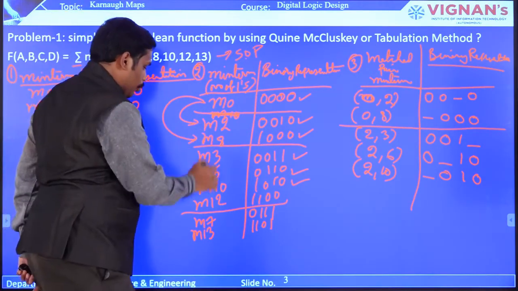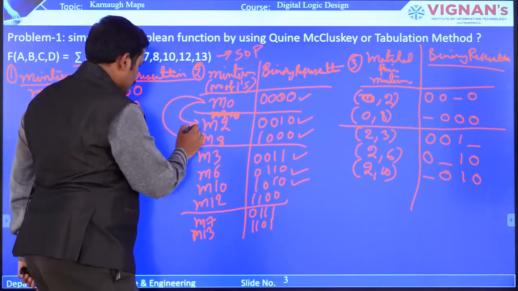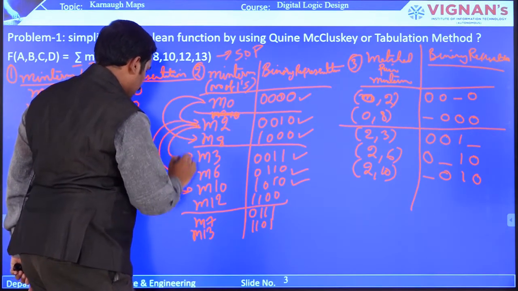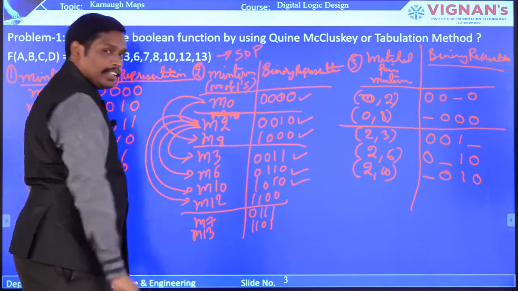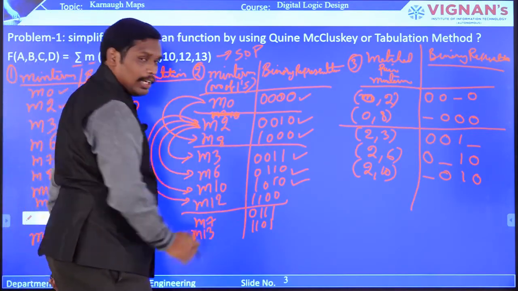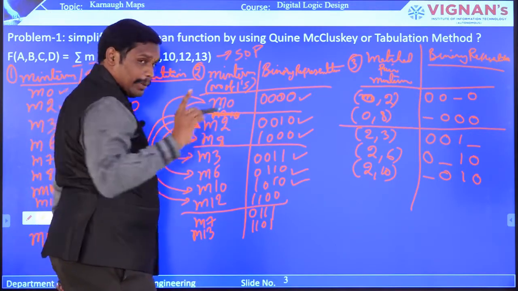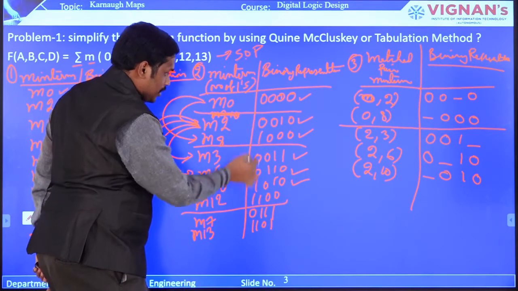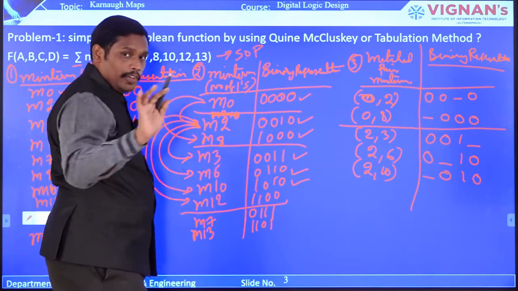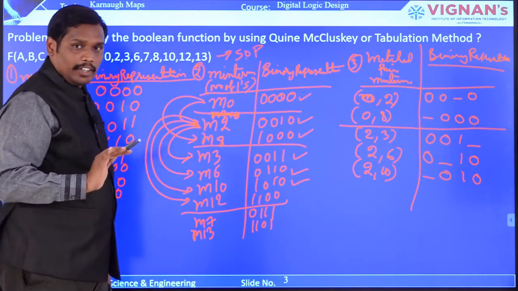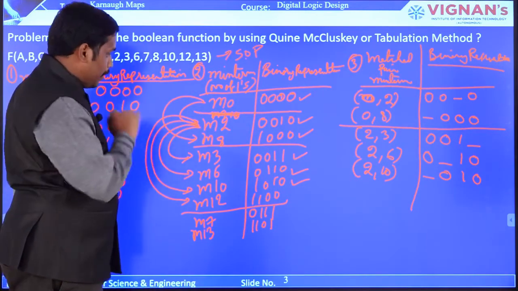Now you can compare 2 with 12. So I hope that this is clear. Now 2 with 3, 2 with 6, 2 with 10, and 2 with 12, we are just checking whether the pair exists, then we will be writing it. So now you see M2 cannot have a pair with M12 because only one bit has to be changed. But here 0 0 1 0, and here 1 1 0 0. So first position change, second position change, third position change. So we are not going to consider 12. That is a pair of 2 and 12. Did you get that logic? So that is the important logic.